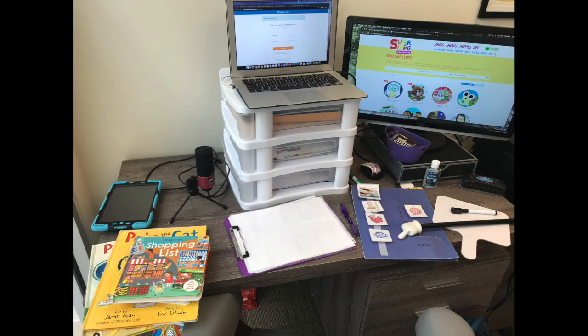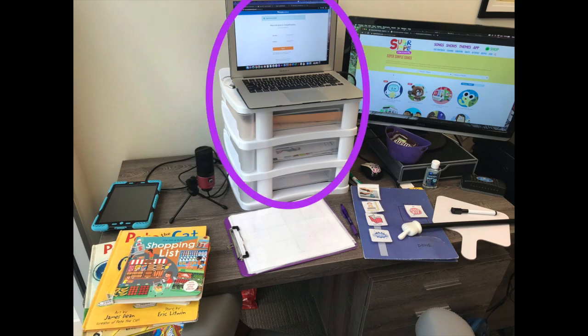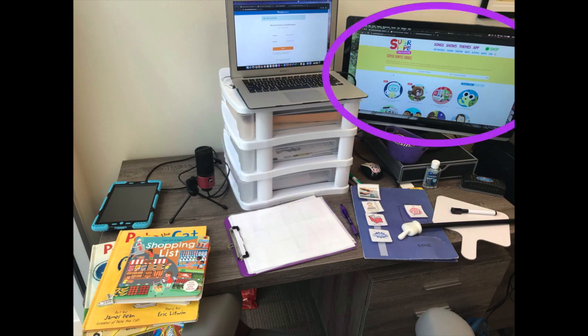So I used the equipment that I already had. And since then I've kind of been researching how I want to build up. So this is what I do. And as you can see, I have my laptop set up on just a little thing of drawers. I just found that was a good height to project the camera onto my face and get a good overall view. And then to the right of my laptop is my monitor, my second screen, which is really nice to have, but it's not necessary.